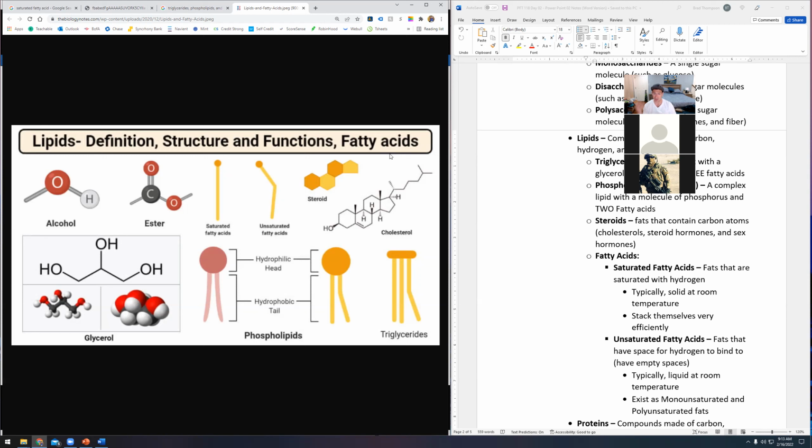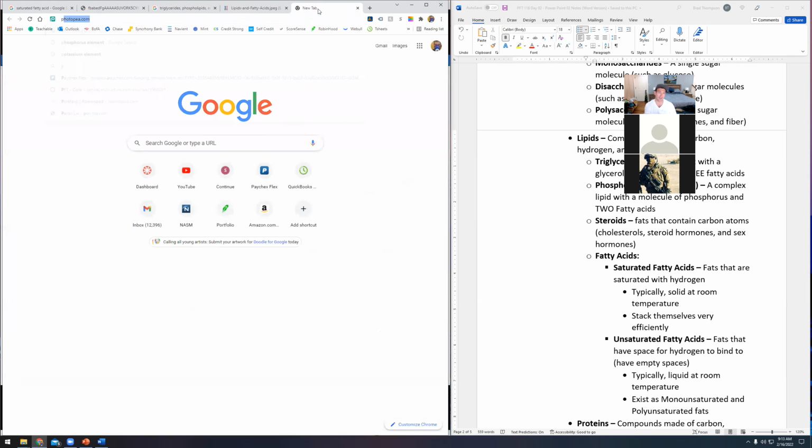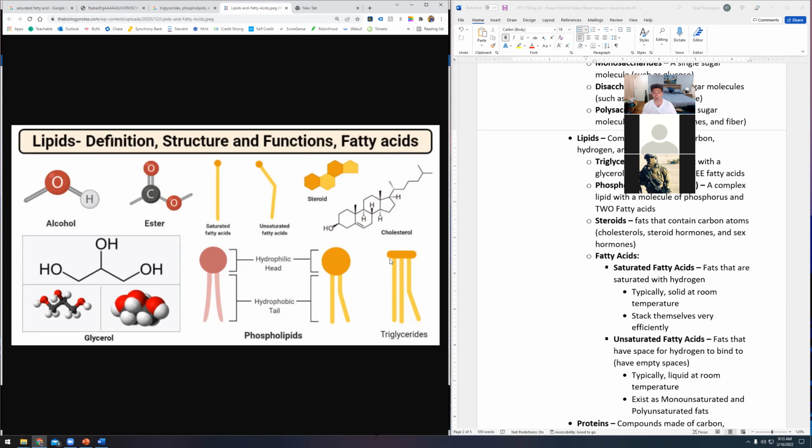There's sterols or steroids, in the forms of cholesterols and stuff. There are phospholipids. Phospholipids are really cool. If you look at a phosphate, that's this one right here, right? Instead of having 3 fatty acids attached to it, if you only have 2 fatty acids attached to it, it has this little circular head at the top rather than a straight head like this.